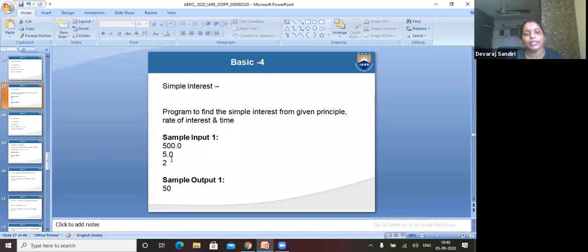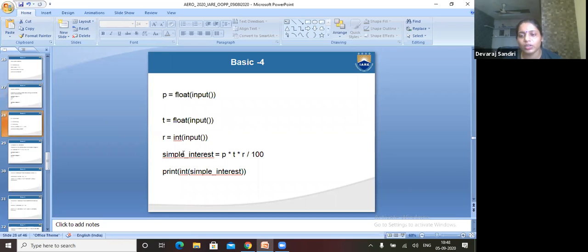See, what is the simple interest formula? First you take two simple interest. Principal is 500.0 and rate of interest is 5.0. Time is equal to 2. And if you will tell, I will execute. Anyone want me to execute? Anyone want? Otherwise, I will execute now. No need. But I am thinking I will explain 10 programs. Which one is difficult you are facing? Just I will explain that one.